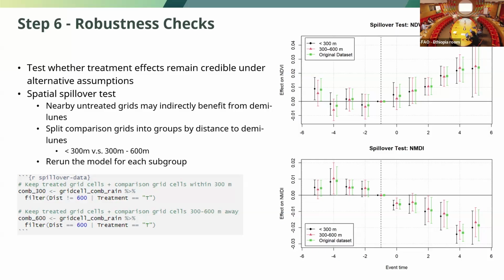Has everyone got those two figures? Okay, so let's interpret those two figures. The first figure is the NDVI figure, and what we can tell from it is that the whole result is divided into three parts. We have those closer within 300 meters, and then the second group is 300 meters to 600 meters. If there is any spillover